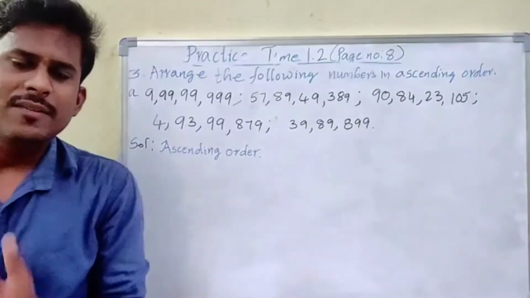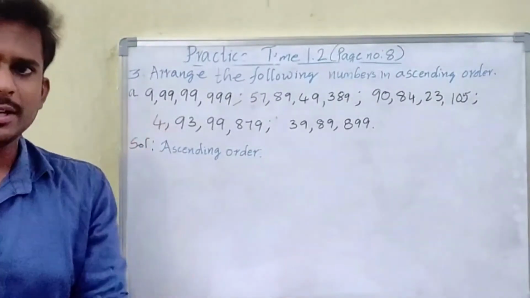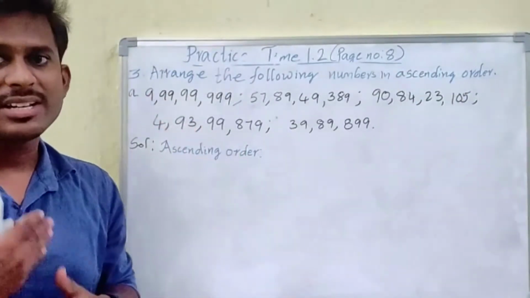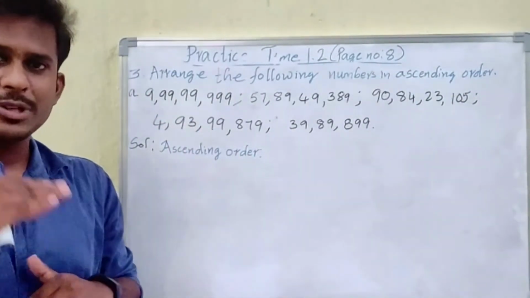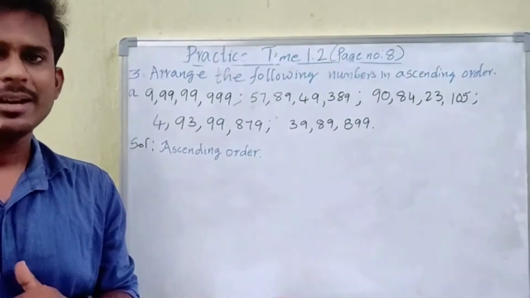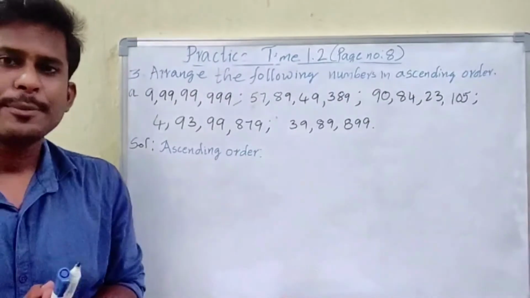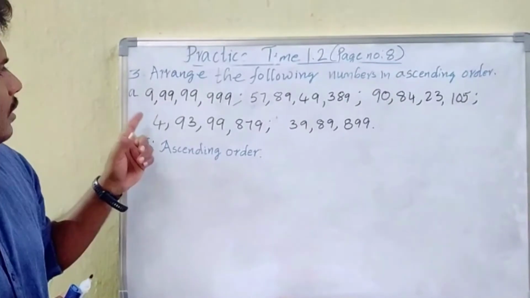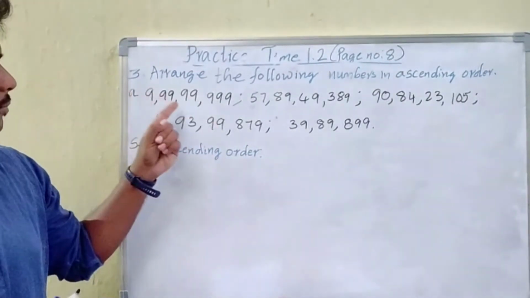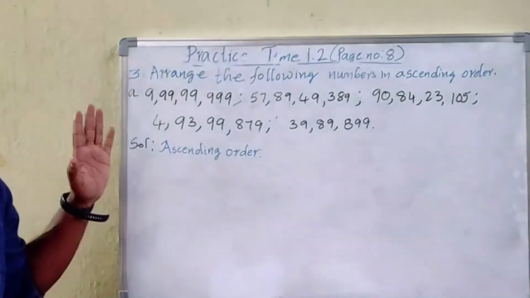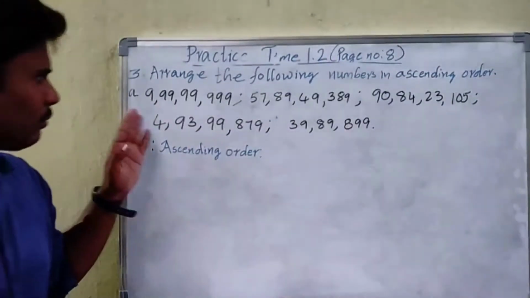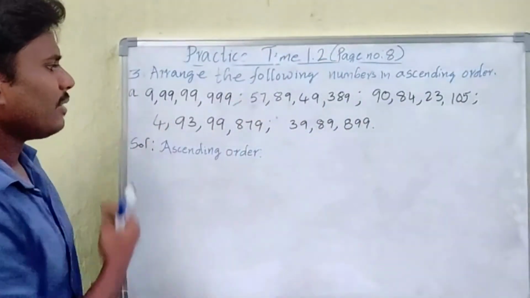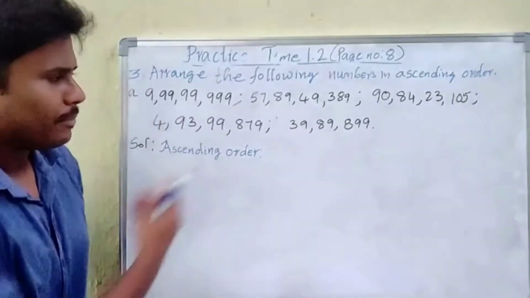Ascending order. Arrange the following numbers in ascending order. Third question. Some numbers are given here, and we have to arrange them in ascending order. That means smaller number to greater number. Ascending, climbing up. So first let us check whether all the numbers have the same number of digits or not. If you look: ones period, thousands period, lakhs period, crores period. Here we have 10 crores place, 10 crores place. Here we have only 1 crores place, and here we have only 10 lakhs.